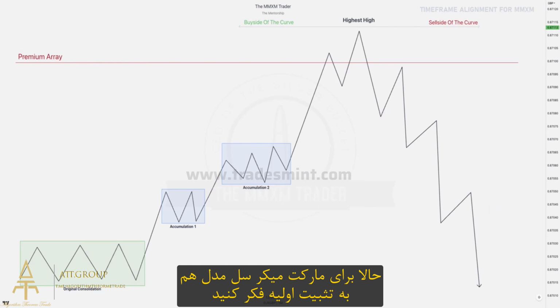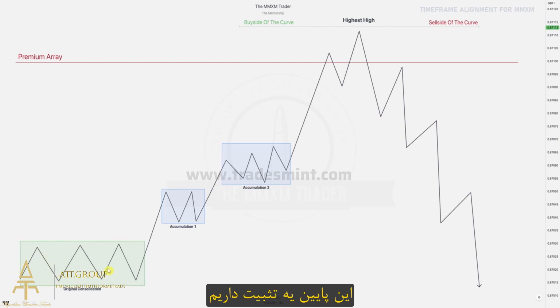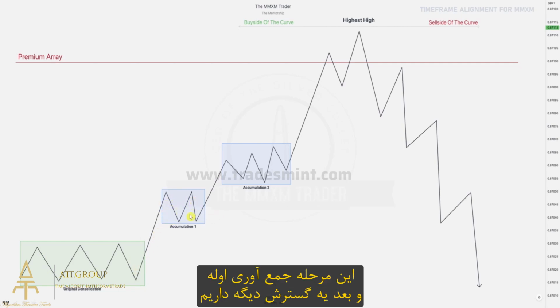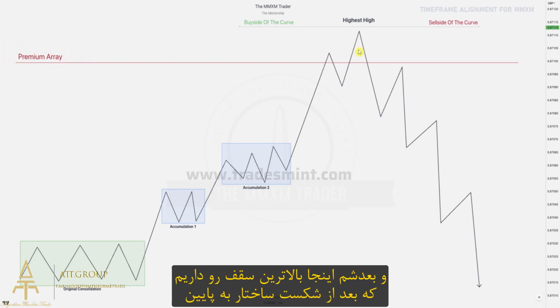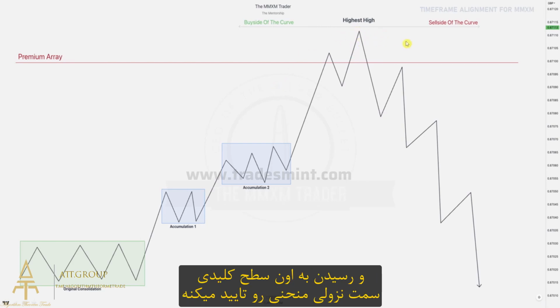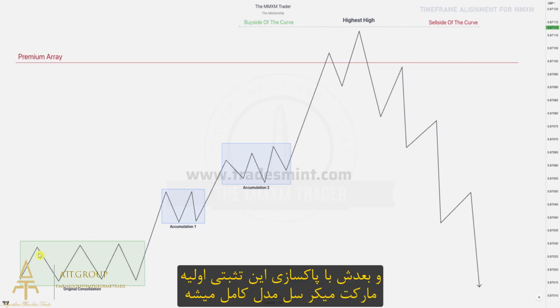Now same for a market maker sell model. Think about the original consolidation which needs to be present in a market maker model. We've got this consolidation down here, expansion again, right? Accumulation phase number 1, another expansion, accumulation phase number 2, another expansion, and then we need to hit a key level inside this premium array, right? And then we have this highest high, confirming sell side of the curve after we break structure and hitting that key level, and then we can start to look for sell opportunities